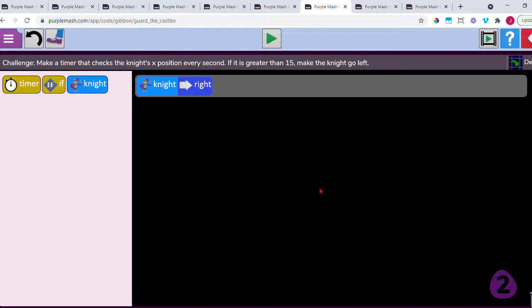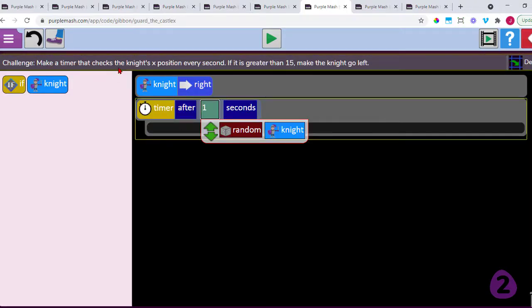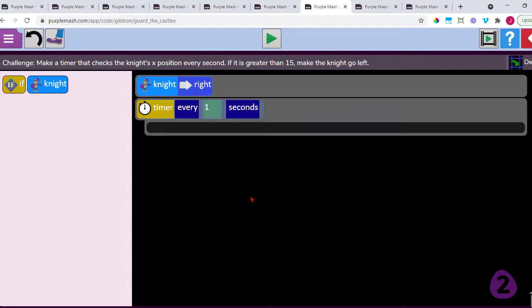So what we've got to do here is, the challenge is helpfully telling us to make a timer as the first bit here. So let's drag a timer in, and it's saying that checks the knight's X position every second. So we don't want it to be after 1 second. We need it to be every 1 second. As I do this, notice the level of detail and attention to detail I'm having to pay to this sentence here. It's almost like a reading, you need good reading comprehension and attention to detail to solve these more complex